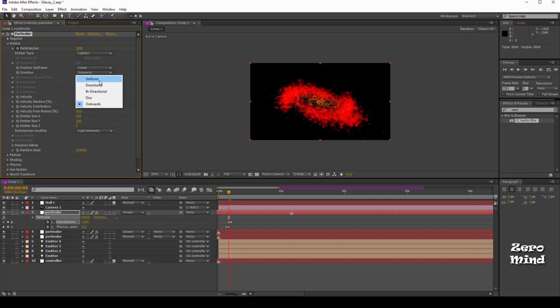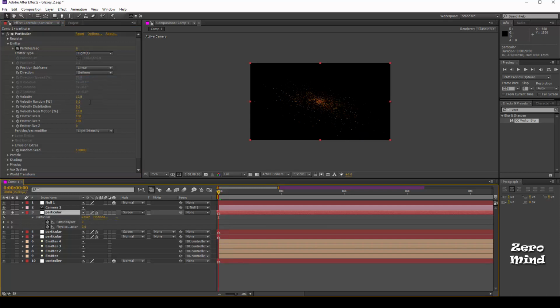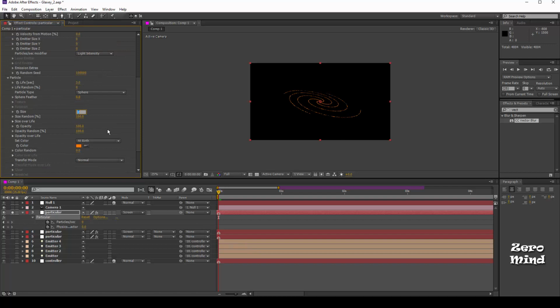Change the direction to uniform and keep the velocity 0 and velocity motion also 0, because I don't want to move the particles. And keep all the emitter size 0, everything 0, and come back to particles. Let's change the particle size up to 15.